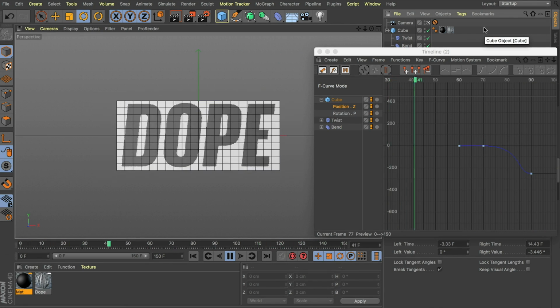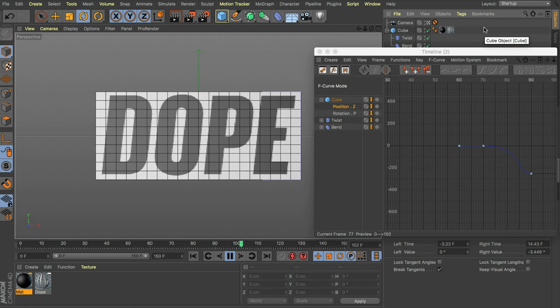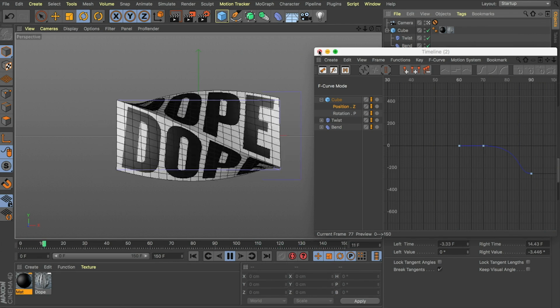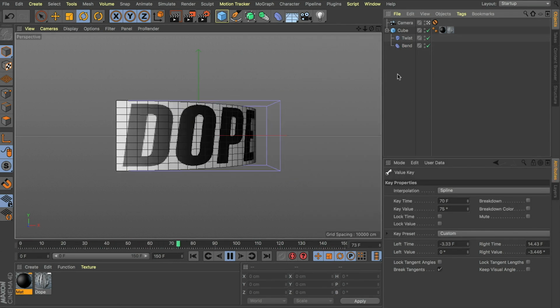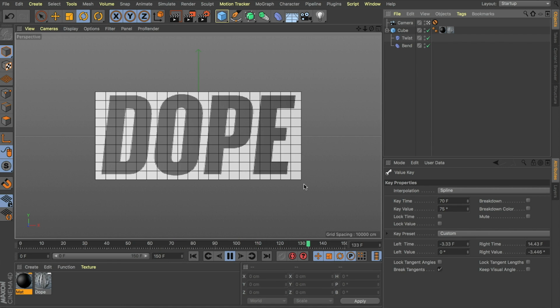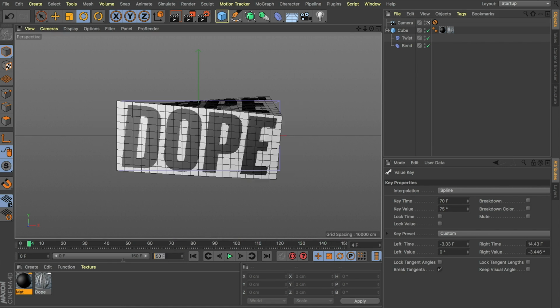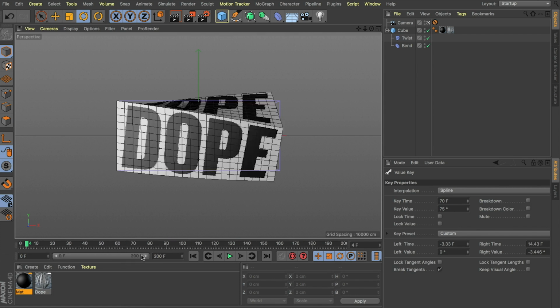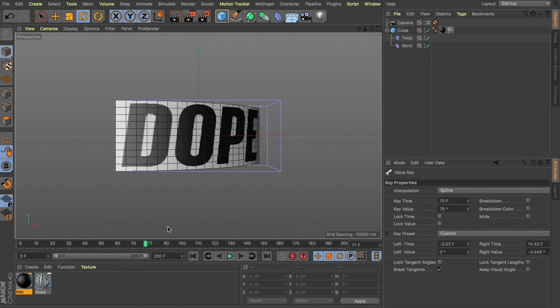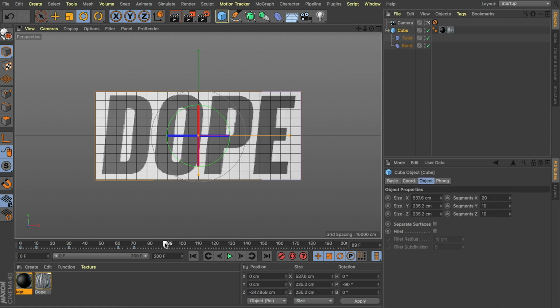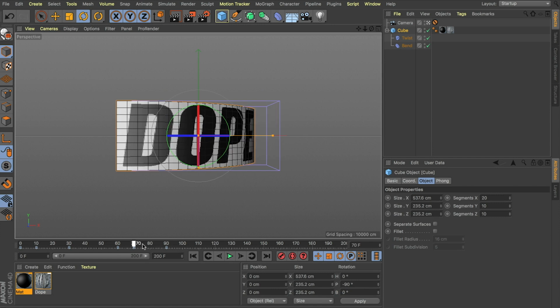We just got the couple of deformers. All right, so now we're going to go another second further. Let's just add a few more keyframes to our timeline. Jump into our cube. So at frame 90 is where we've pushed it forward here. Let's hold for another second. So that's going to bring us to 120.